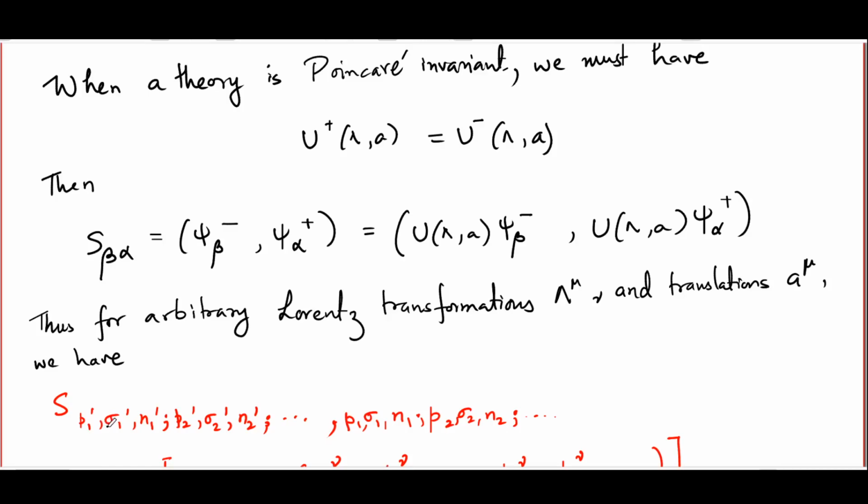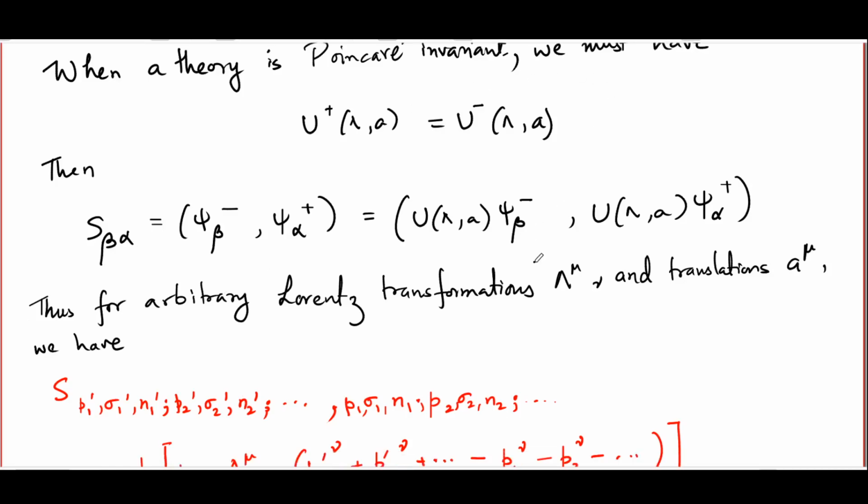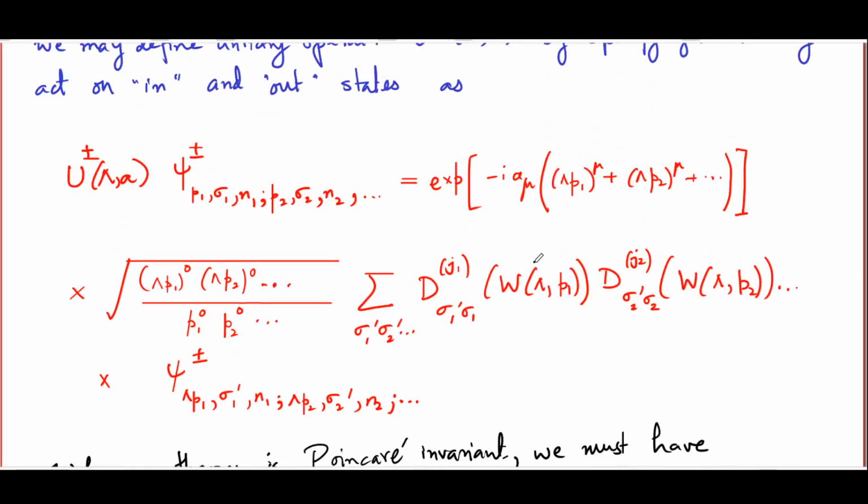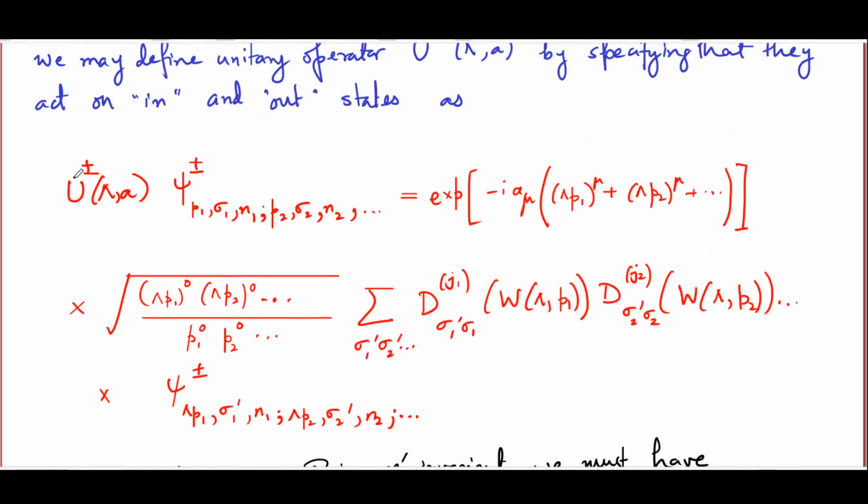So p1 prime σ1 prime n1 prime, p2 prime σ2 prime n2 prime etc. refer to the outgoing state, the state β. Now, this is of course S_βα, the left hand side of this expression. The right hand side, after you use this action, but this time remember it's U(Λ, a) for both Ψ plus and Ψ minus,